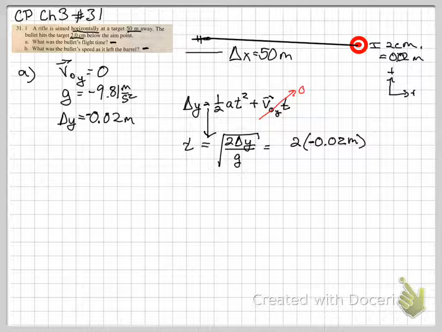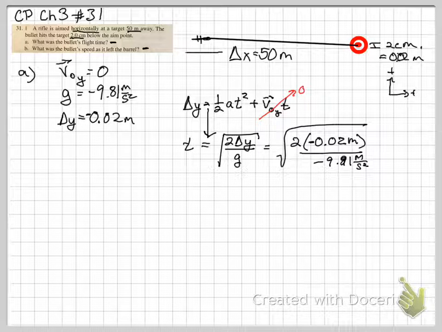Remember, this one is negative because it's going down in our frame of reference. And that's all divided by the acceleration of gravity, which is negative 9.81 meters per second squared. The negative for the displacement is the key to canceling out the negative so you don't end up with any imaginary numbers. And that comes out to